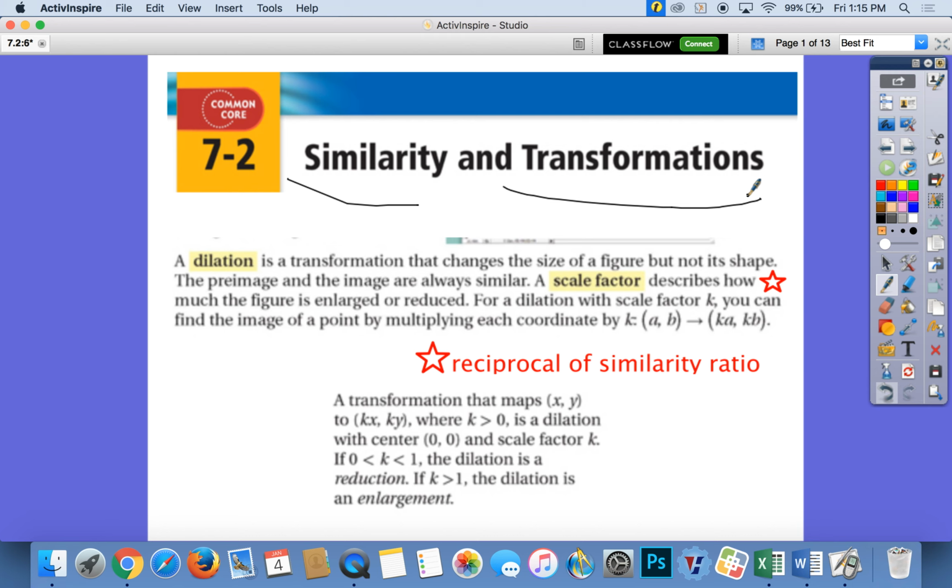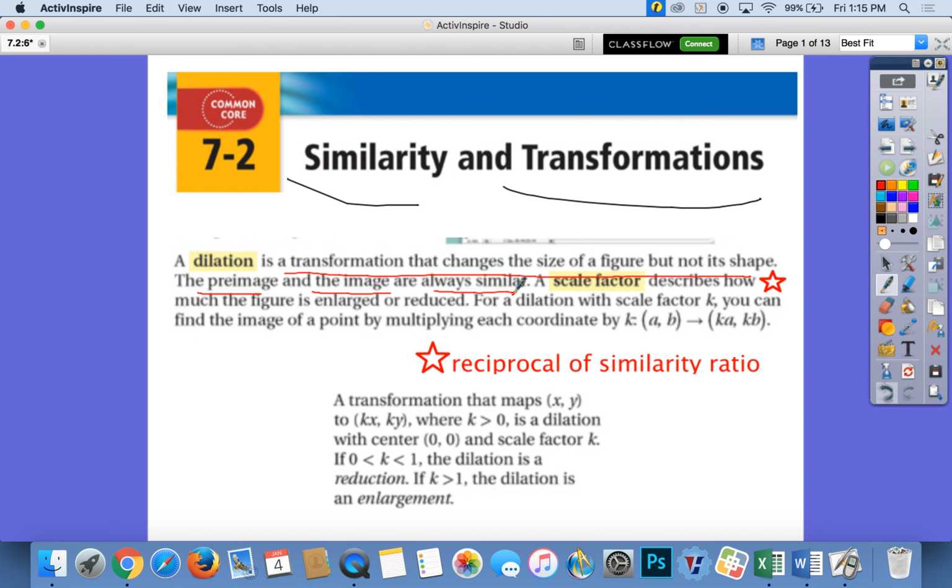Alright, so let's just remind ourselves what a dilation is. It's going to be a transformation that changes the size of the figure but not its shape. Alright, you have your pre-image and your image that are always going to be similar. That's important. It's always going to be similar when you take something and you blow it up or you shrink